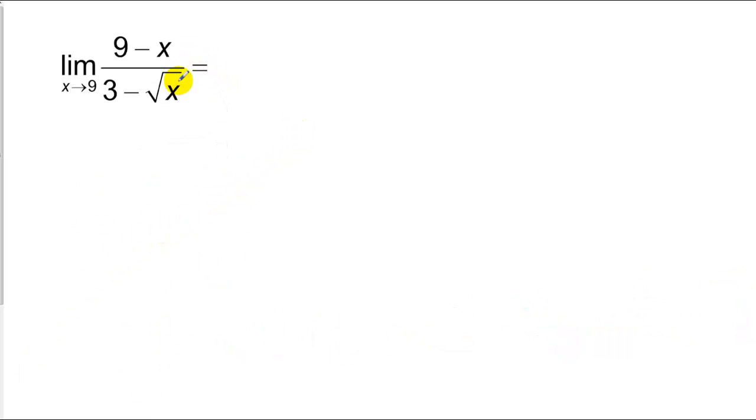This problem is the trickiest of them all. When I plug in a 9, you'll see that I have an undefined term. I don't know how to graph this, but I know that this is going to create some kind of asymptote most likely, or possibly a hole if it reduces, but I don't see necessarily a factoring from here. What I'm going to do, and typically this is the trick for most of these, when you see that you have a binomial in the denominator that has a radical in it, you're going to want to rationalize by the conjugate. So I take the limit as x goes to 9 of 9 minus x over 3 minus root x,